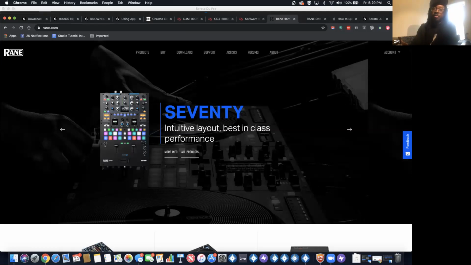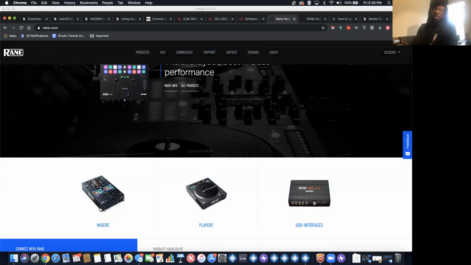So with all the newer ones, the 70, the 72, and the MP 2015, those are all what we call class compliant drivers, meaning that you don't have to install a driver in order for it to work. It reads off the Apple core audio device that's inside the computer, right? So don't worry about plugging in to get the drivers working. You plug up, it's gonna see, it's gonna run, and you're gonna be good to go.